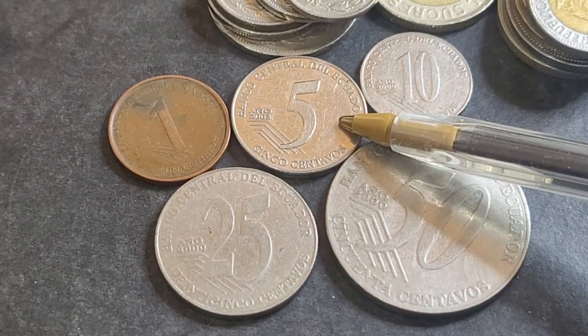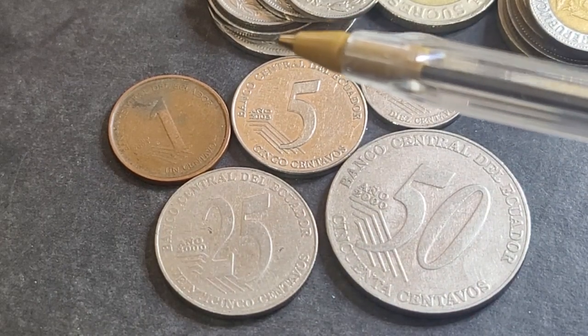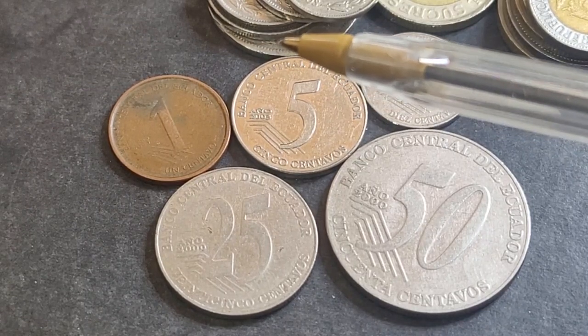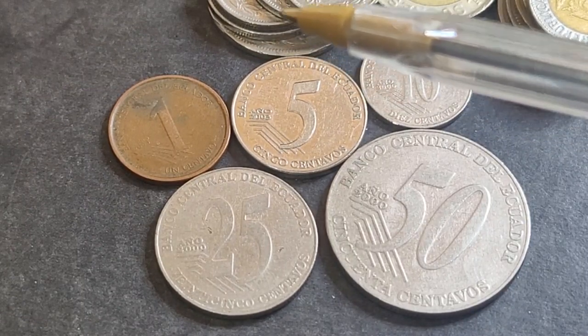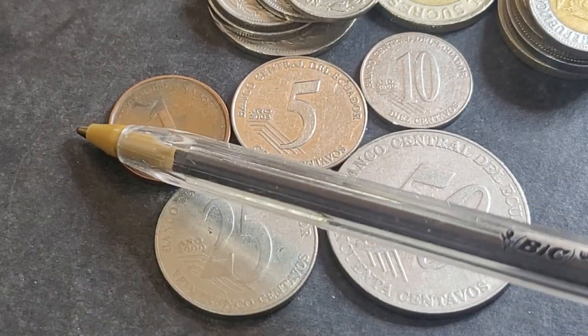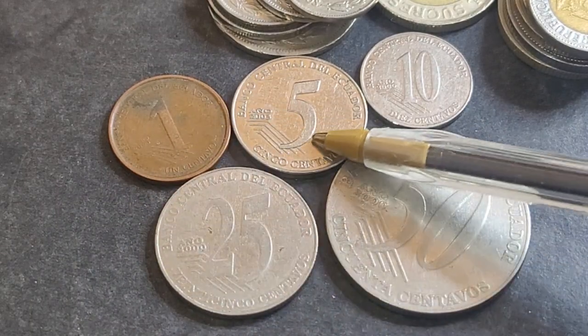For the 5 centavo, okay, I need to look this up because I do have Alzheimer's, which is a bad thing. Yeah, since